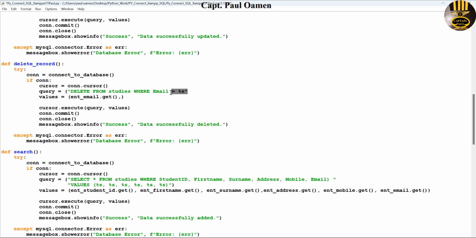So grab all of this and paste it right here. Okay, get rid of this, copy that. We have student ID, we have surname, surname, paste, address, paste, mobile, paste,